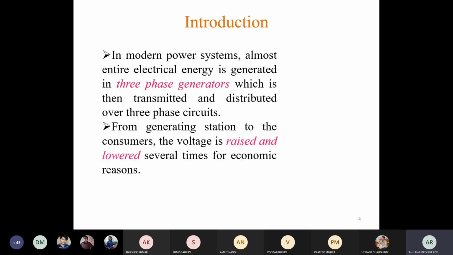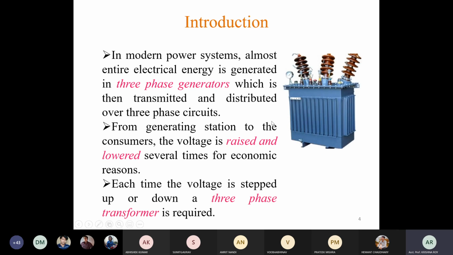Okay, and we can do that operation, that is either step down or step up this voltage level using transformer. So since we are generating power in three-phase circuit or distributing or transmitting this power through three-phase circuits, then obviously we will be requiring some three-phase transformer. Okay,